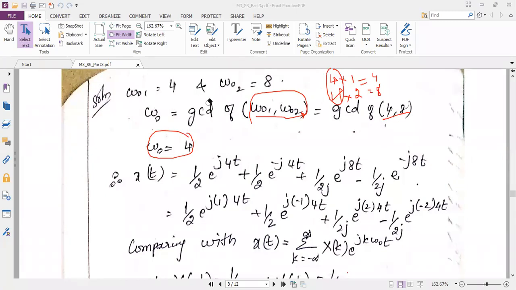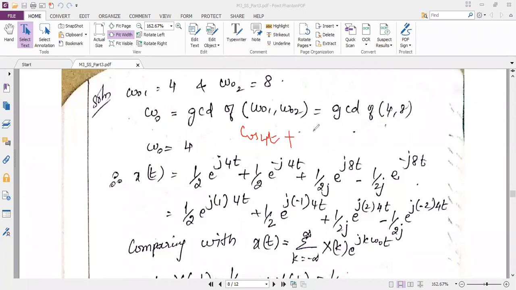So we will keep this aside. Finding omega naught, we will use it later. My next work is expanding the given question. I know my given question is, I think it is the cos term first, cos 40, then next is plus sin 80. So let me just expand it using Euler's formula.